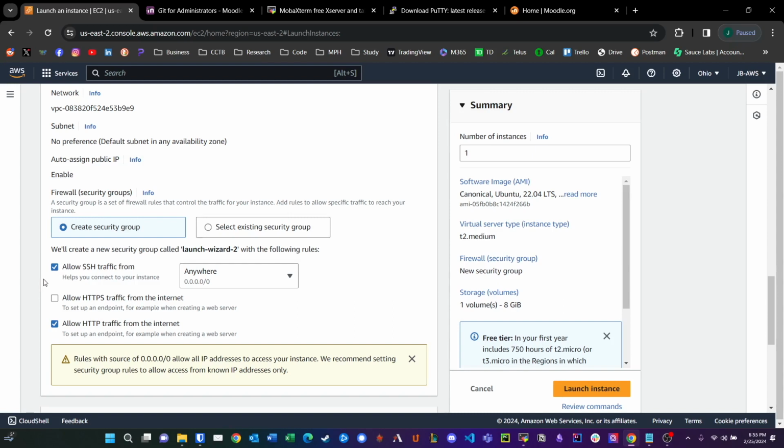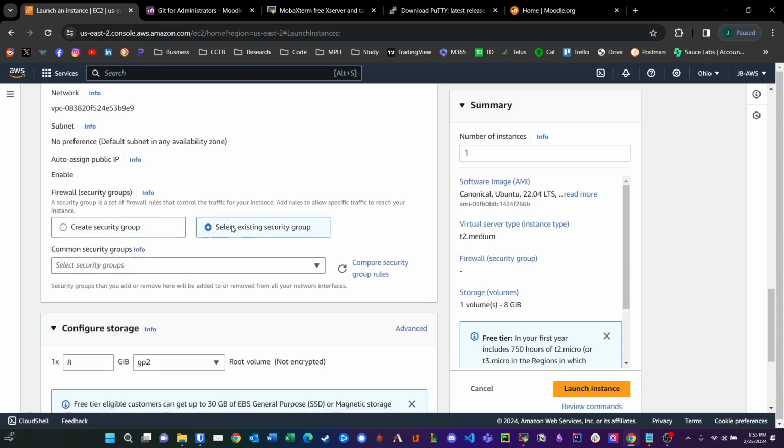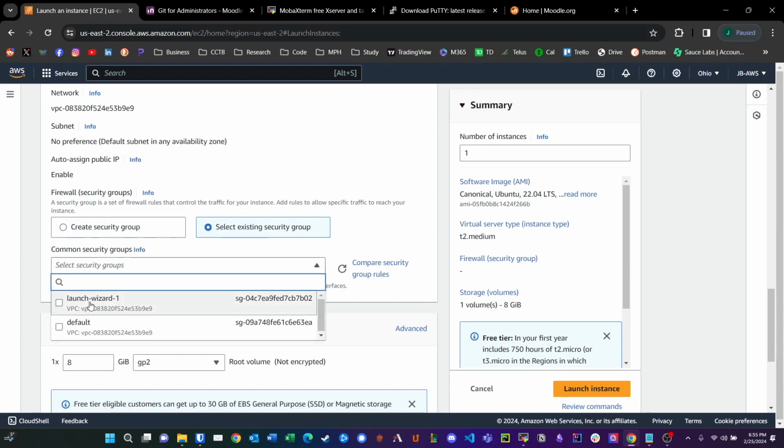HTTPS, configuring TLS/SSL certificates is out of the scope of this video, but in the future you will be doing that. Now, I already have a security group created that has those ports open, so I'm going to be using that, which is Launch Wizard 1,